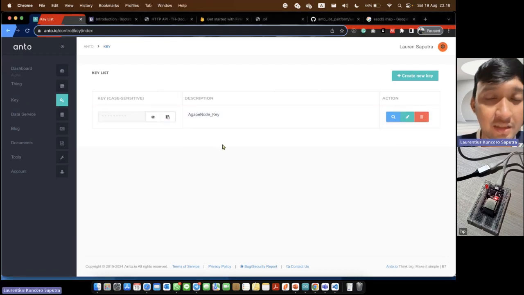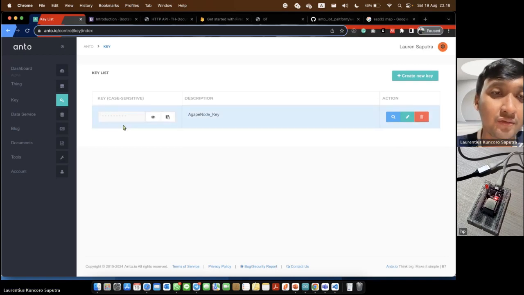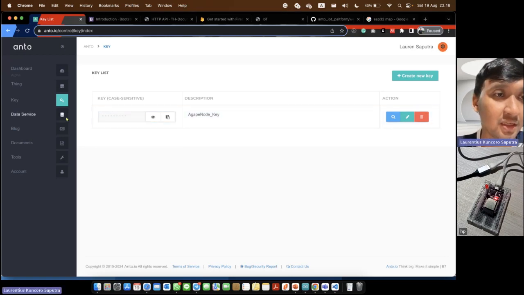A key is like a token that the embedded system should have for authentication for the connection. So we can create a key for our embedded system or our website code.